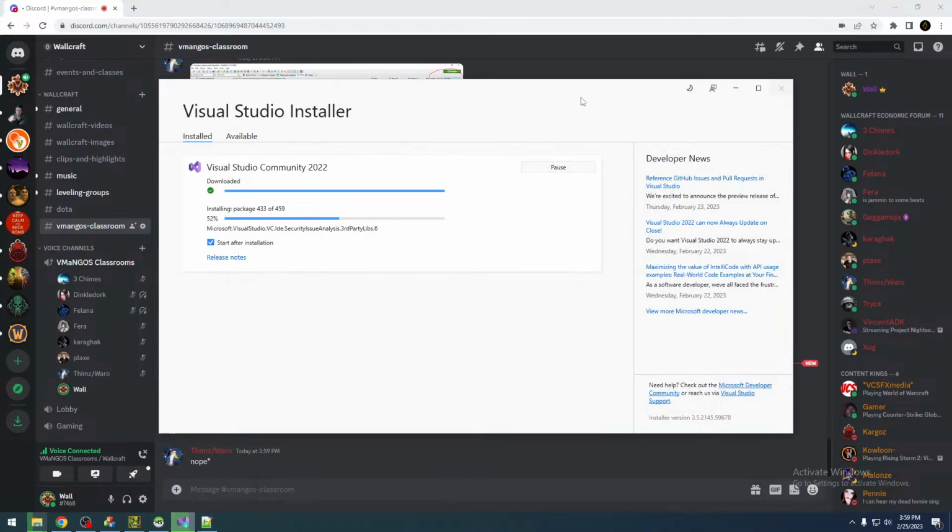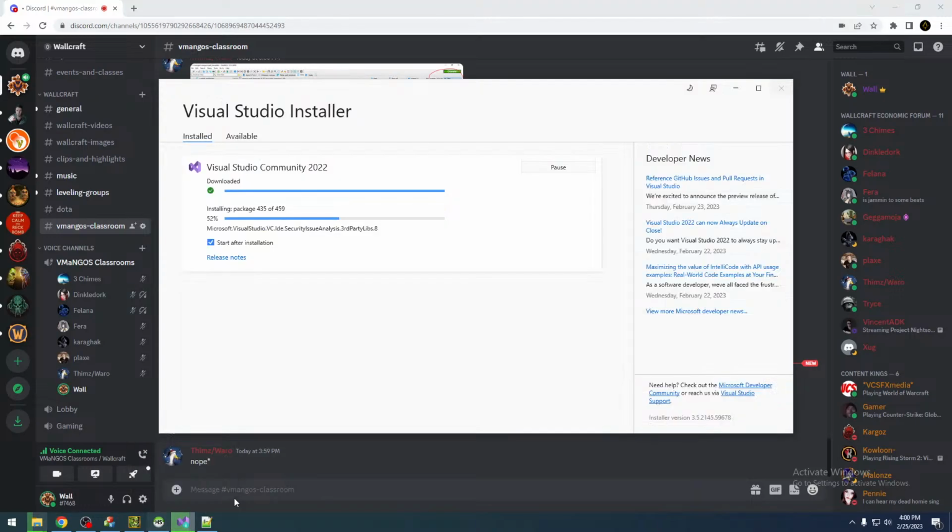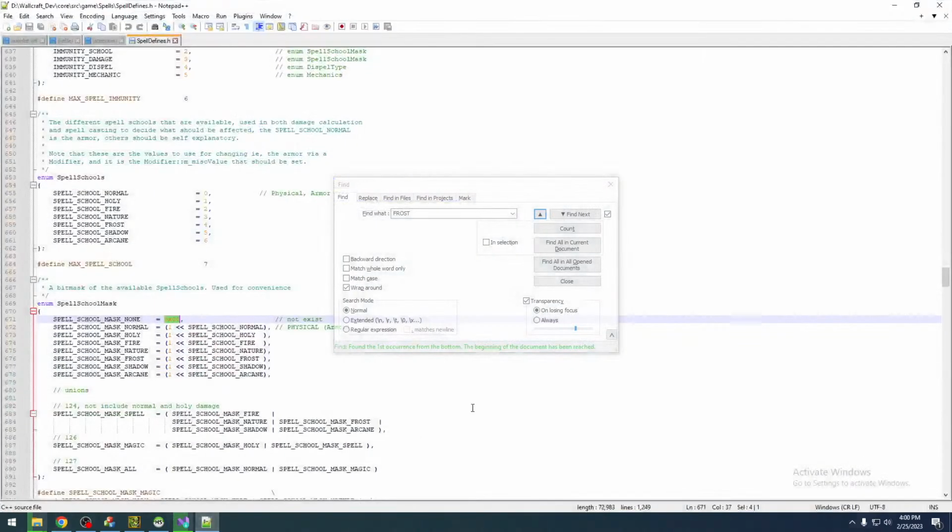So I'm installing Visual Studio right now so we can continue with the lesson, but I've just got the header file pulled up in Notepad. What we're going to want to do is open up your solution file so that we can do a search for the enumerations listed. But for now, while I get this installed, we're just going to take a look at